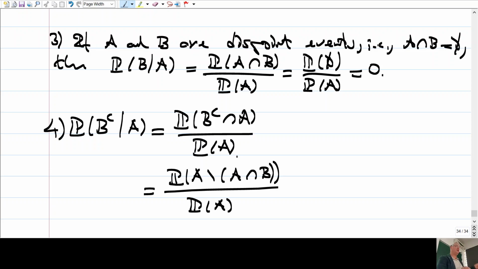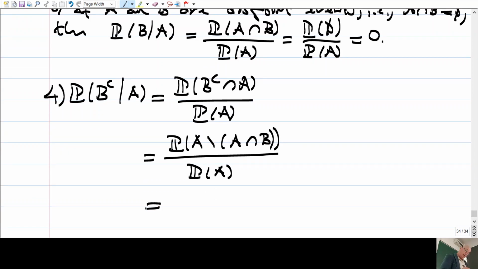You take the complement of B and intersect with A. That is, you just subtract from A the intersection of A and B. And what is this? Well, okay, so this is 1 minus